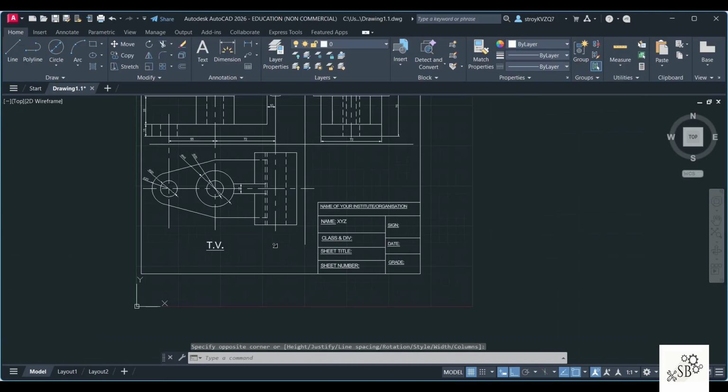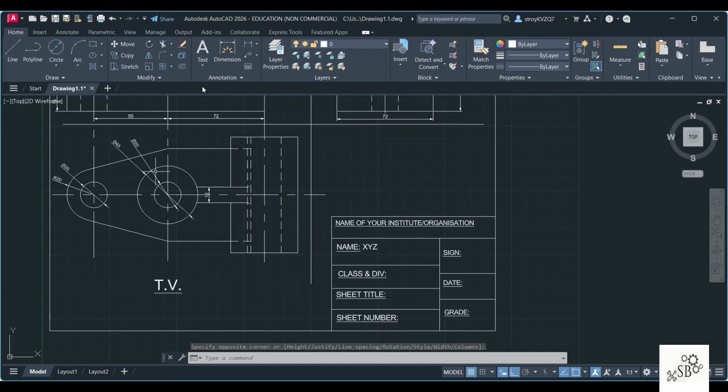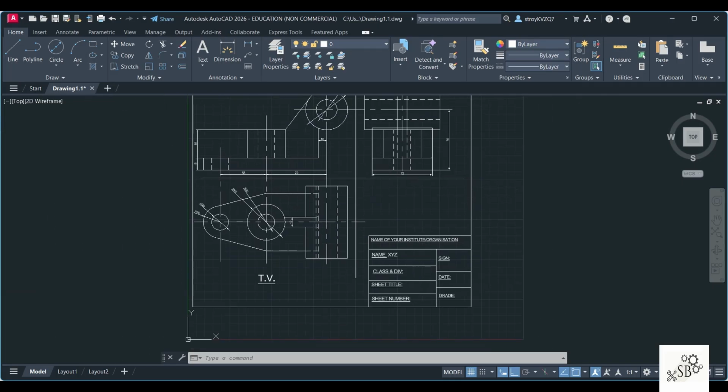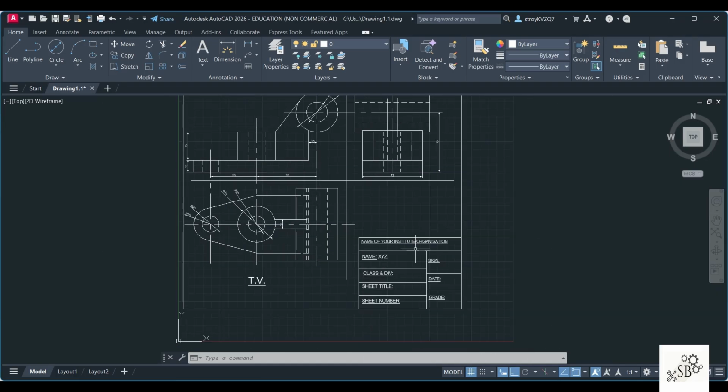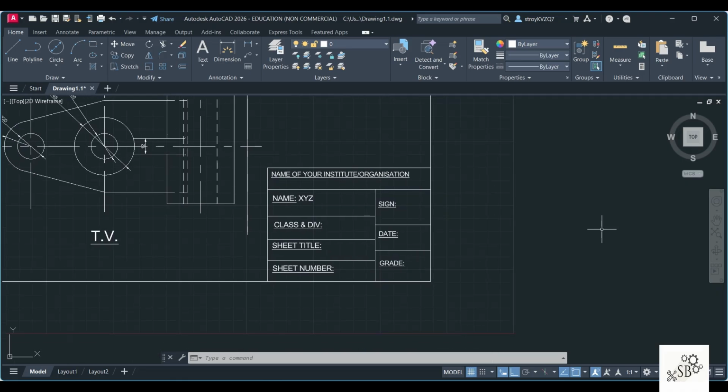This is how you can create a nameplate and the boundary for your drawing sheet. Now if you print it, this time you will have the print with this nameplate as well. This is how it looks. With this, I end the session. I hope you have understood how to make the boundary for the drawing of orthographic projection and how to create the nameplate. If you have any doubt, please write to me in the comment section.